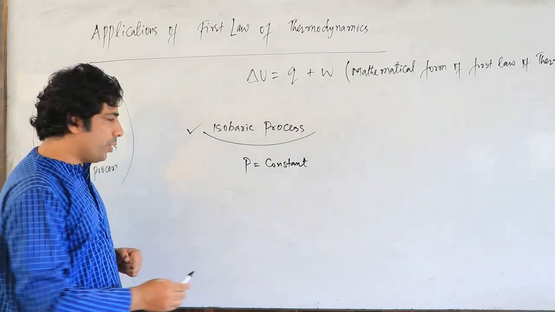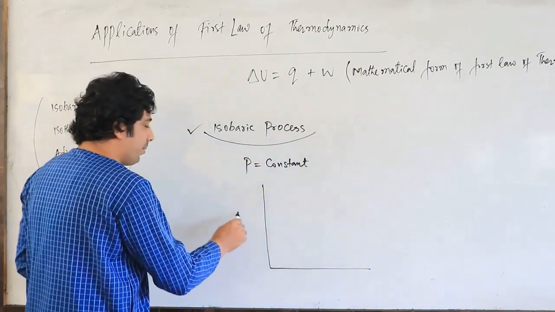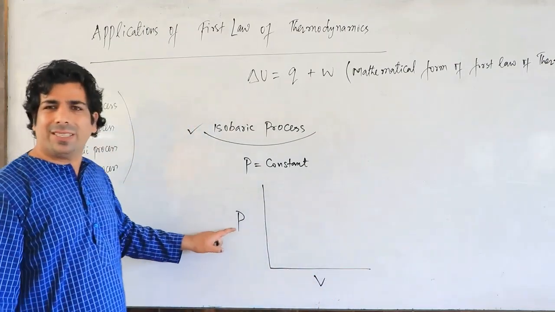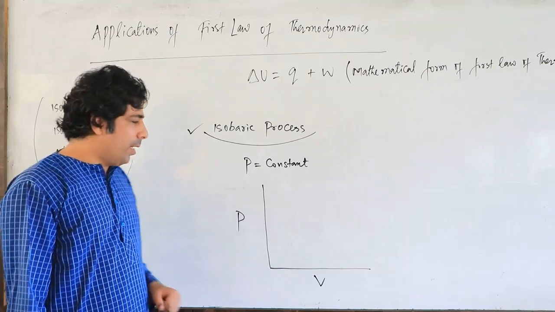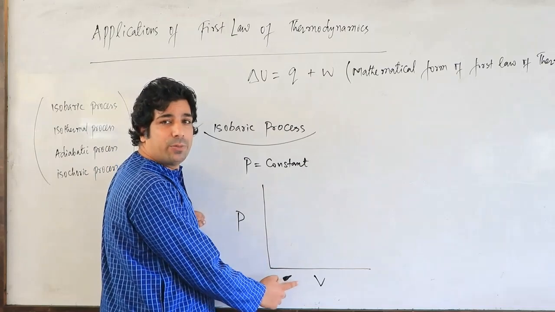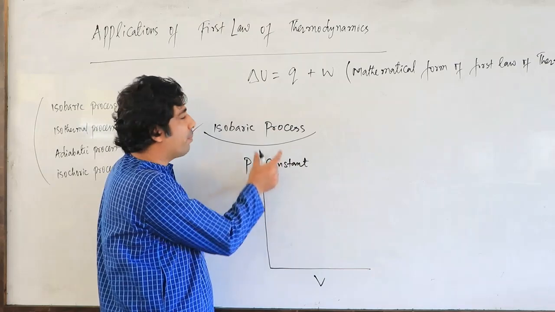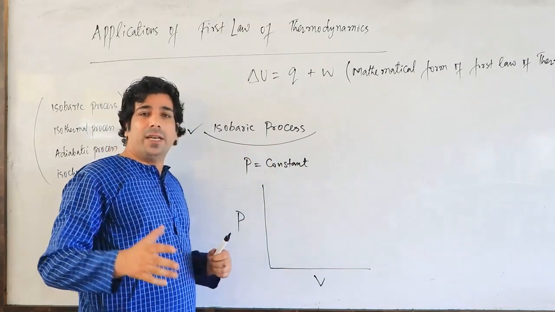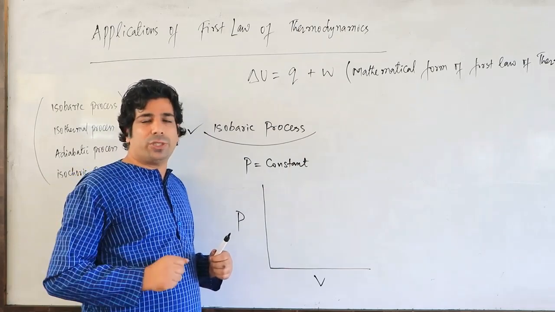Correct? So if we draw a graph here, you may be aware about the Boyle's law, that pressure-volume relationship. Pressure is inversely proportional to the volume. That is Boyle's law. Okay? My dear friends, we will draw a graph between pressure and volume here. But we are being told that process is isobaric. If we go for Boyle's law, you will see that if pressure increases, the volume will what? Decrease. That is the inverse proportionality.